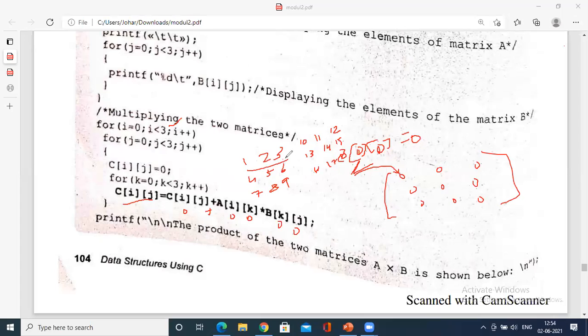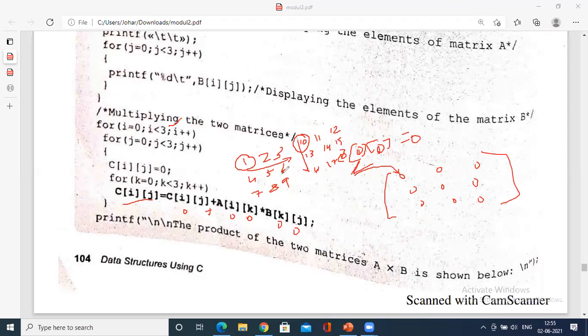So you have to multiply the first row with this column. What is a of 0, 0? What is a of 1, 0? A of 0, 0 and b of 0, 0 is 10. So the first product is multiplied, but the loop has to repeat till 3 times. How many times will it repeat? 3 times. By that time, what will you have? C of 0, 0. Then c of 1, 0. The i value is 0.